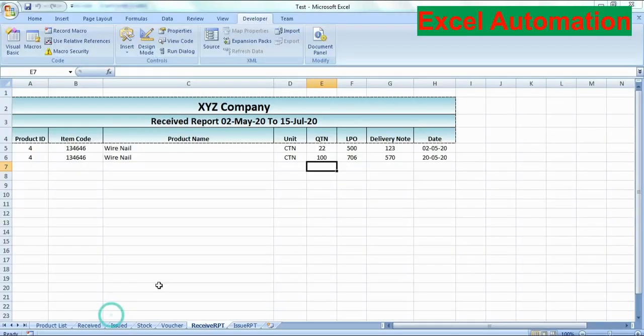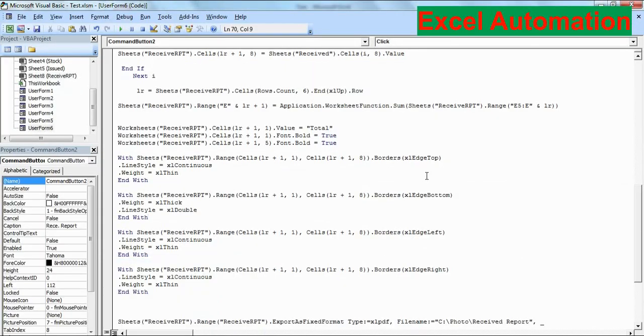Then dot Borders xlTop means the top border of every cell from column 1 to column 8.